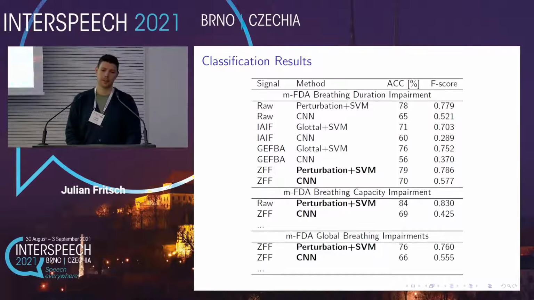I shortened the results here for breathing capacity. We reach up to 84% accuracy. However, as you can see, generally the CNN network is performing less well than the features classified with SVM.